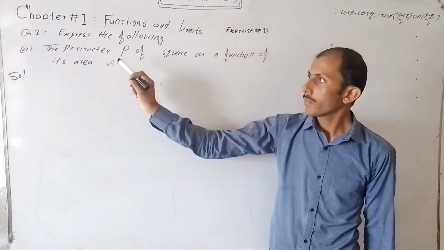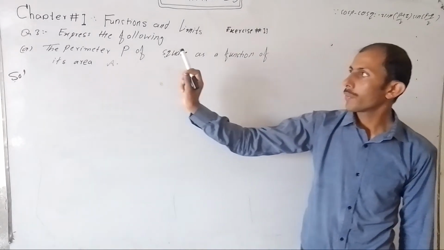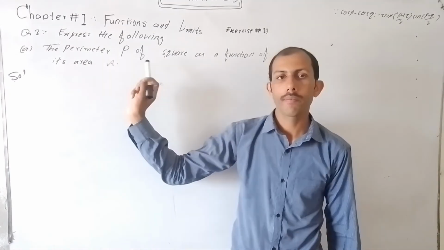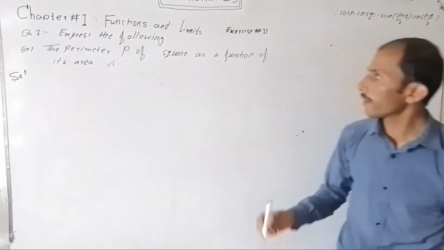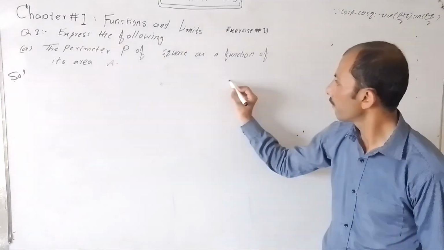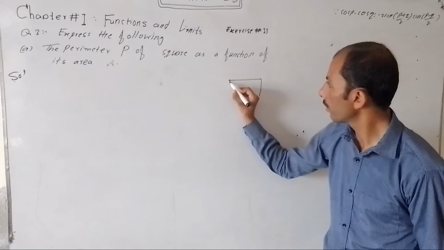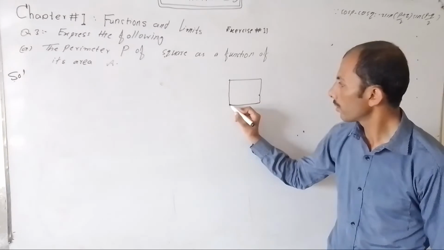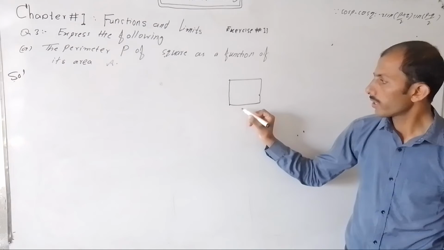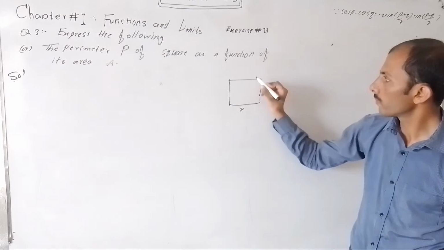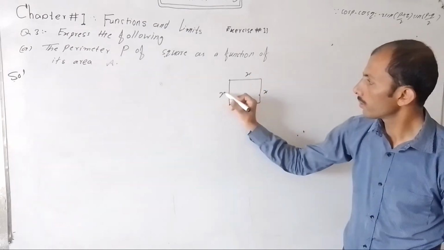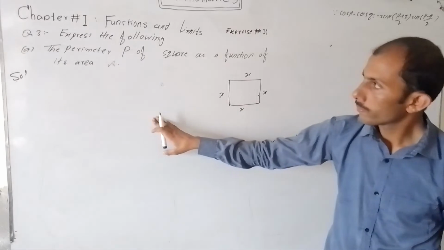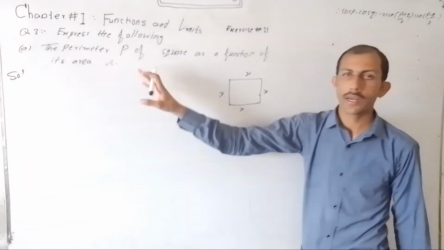Let's start question 3. Express the following. Part A, the perimeter P of a square as a function of its area A. First of all, we draw a square figure, having one side x. Perimeter of square is equal to